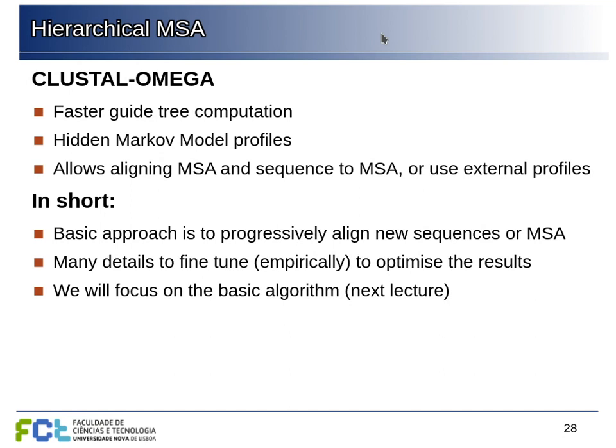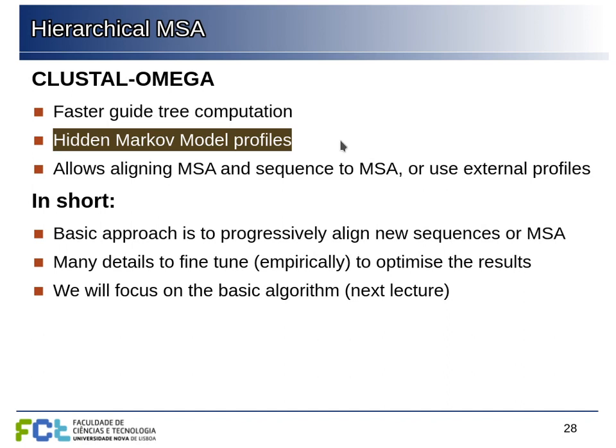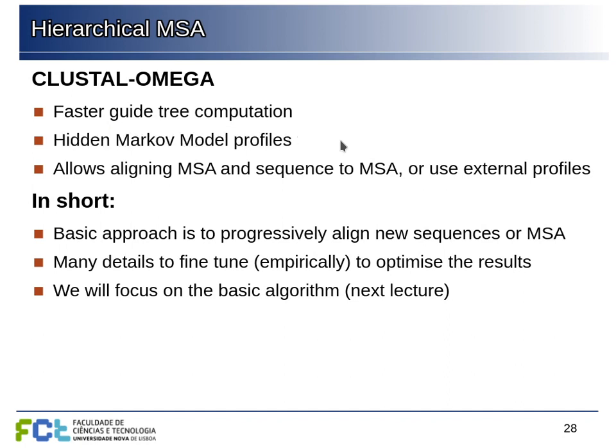So now in Clustal Omega, there are other variations using hidden Markov models for profiling the multiple sequence alignments as we are building the alignment and so on. We're going to talk about this later on in the course, but the basic idea here is we are not going to look at all of these details and refinements. We are going to focus on the basic approach of progressively aligning new sequences or new multiple sequence alignments together by using those consensus sequences.